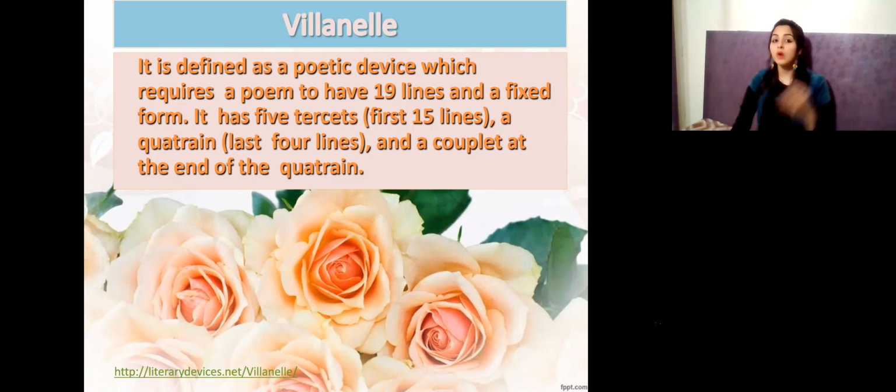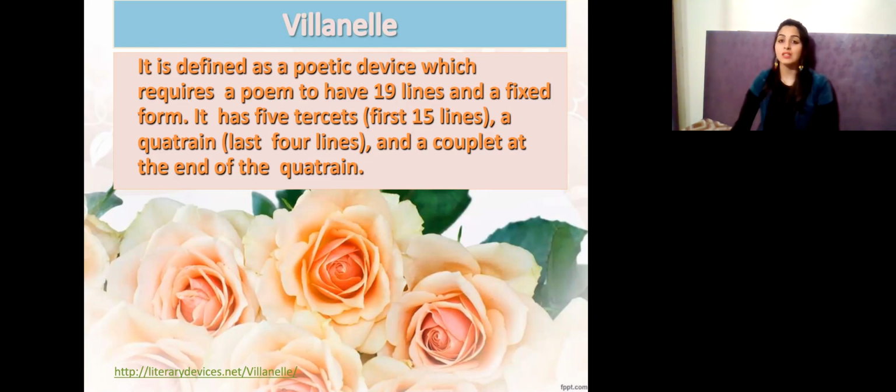Now, if you all do not know the words tercets, quatrain, couplet, all of this, you'll have to see my previous videos wherein we have done elements of poetry. In the elements of poetry, measurement of lines of the poetries and stanzas are given. Measurement does not actually mean to take a tape and measure, but there are different elements of measurement: foot, meter, lines. In that, you can see couplet, quatrain, triplet, and all. You will understand it. Please go back and see elements of poetry, you all will understand.